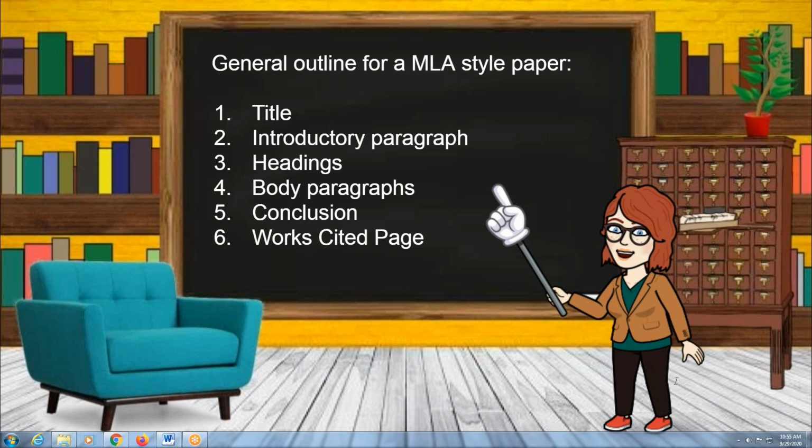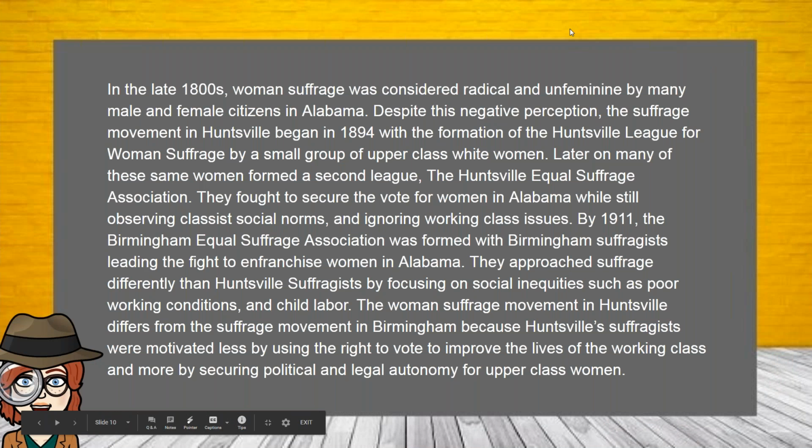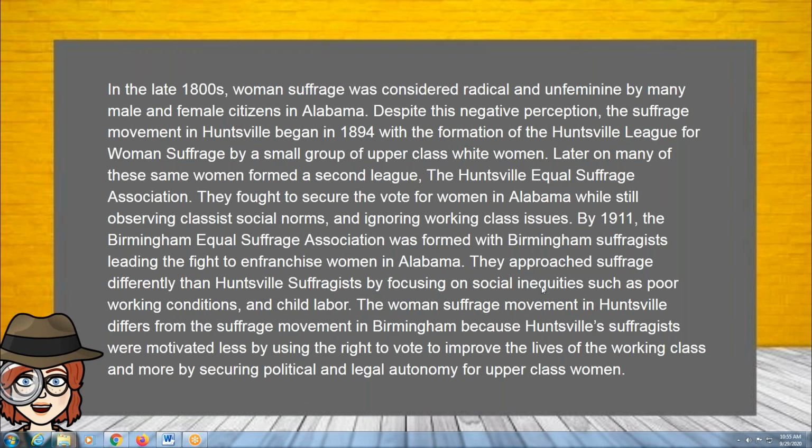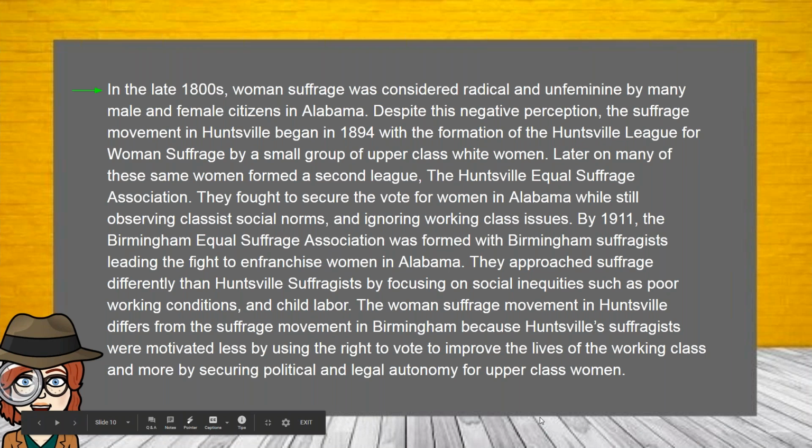All right, cool. All right, so let's look at an introductory paragraph, sentence by sentence. So my first sentence: In the late 1800s, women's suffrage was considered radical and unfeminine by many male and female citizens in Alabama. So this sentence is meant to introduce,